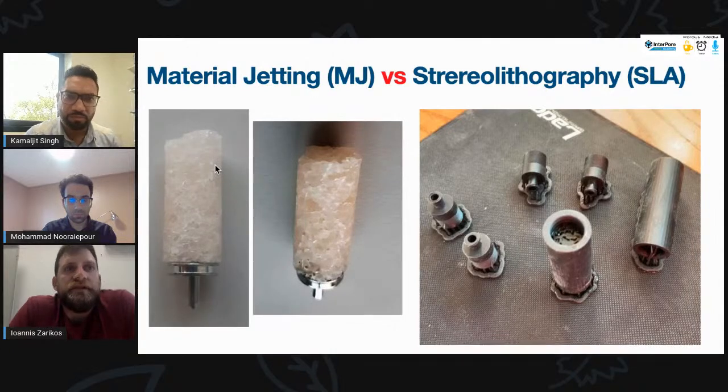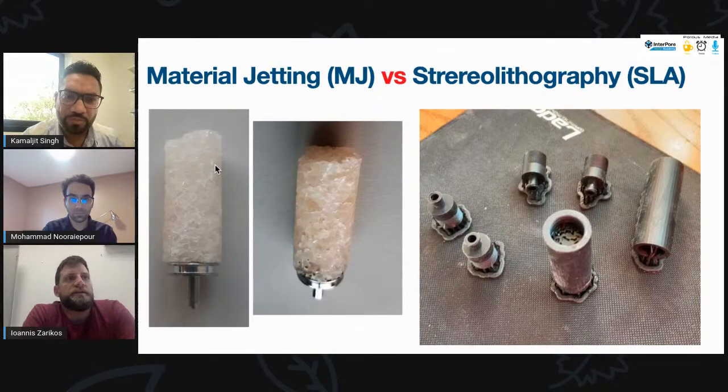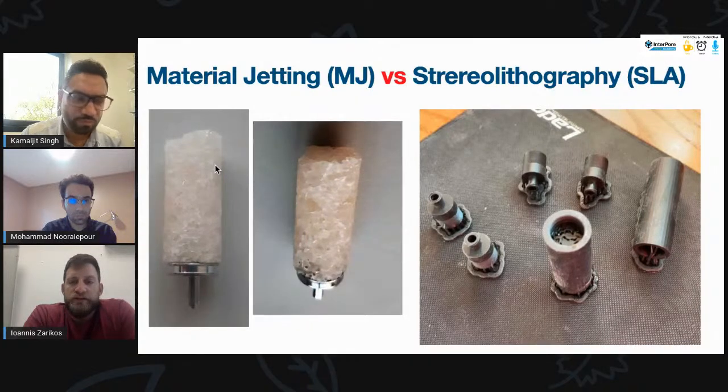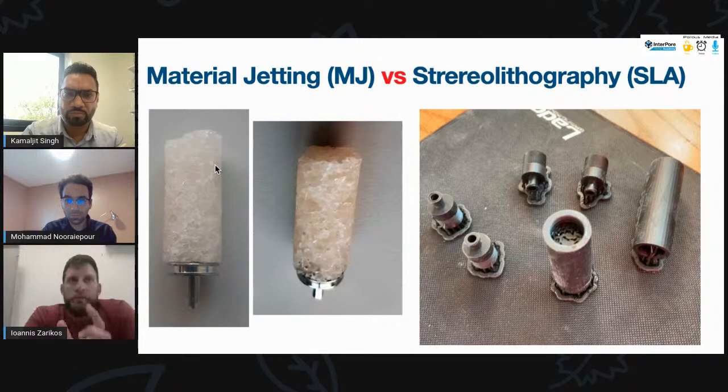Now, these are the results. On the left, you can see the material from the material jetting technique. It looks like a sandstone. It also has a light color, but because of the wax that we use, you can see that at some part of the model